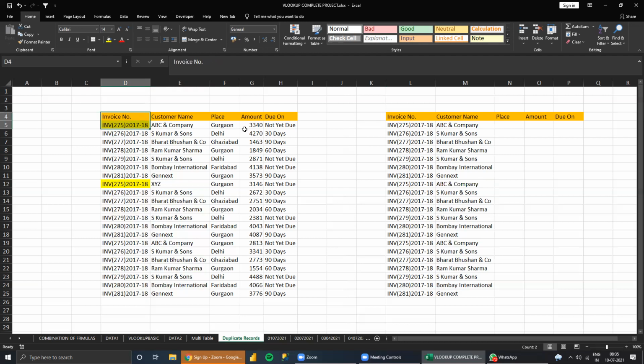The minute the lookup value finds the first match in the lookup table, that will get the result. Then the formula will ignore the others. So that is the reason we always get the first record.